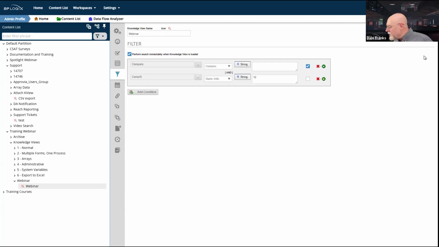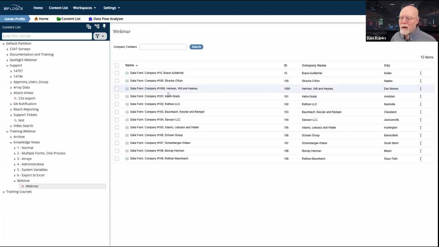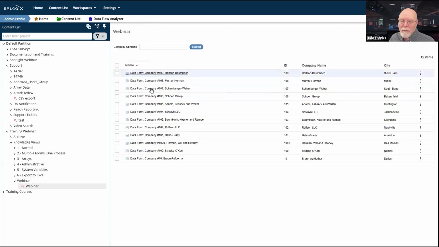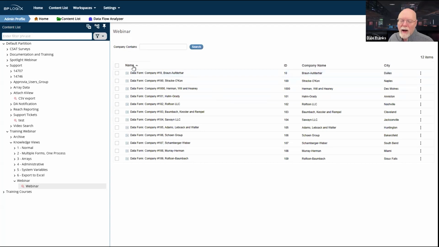One other thing about knowledge use, because it is 1108, and we got to move on from the simple stuff to the more complex stuff. At the top of each column, irrespective of how the particular sorting is set in the columns tab, the default is to sort for the name column.